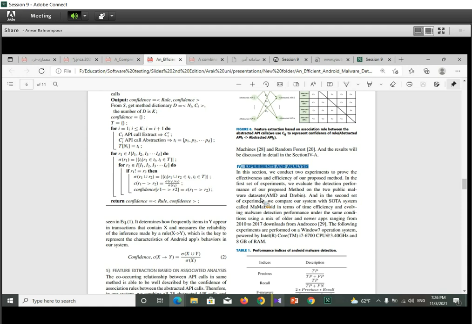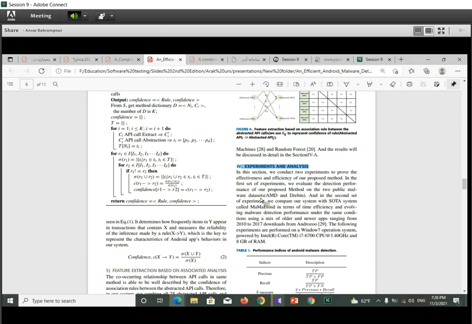So the main questions I hope you explain in your presentations are which data sets are used to evaluate the proposed method, and which tools, programming languages or environments are used to simulate or implement the proposed method.